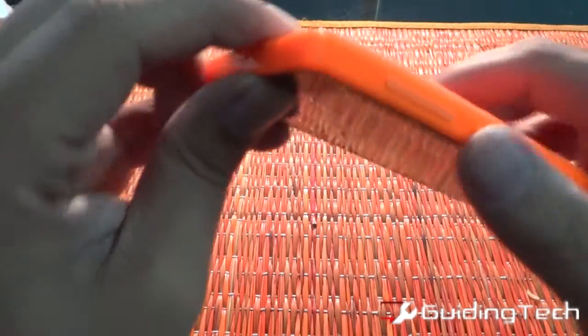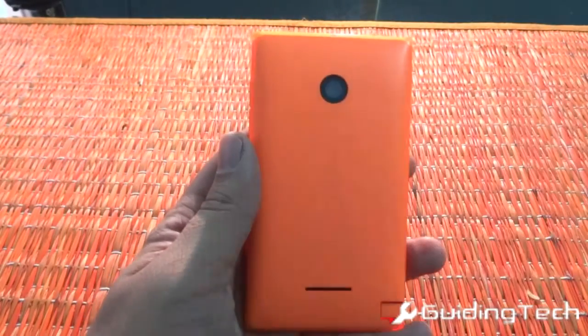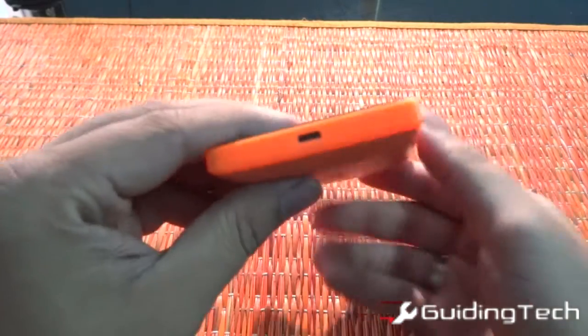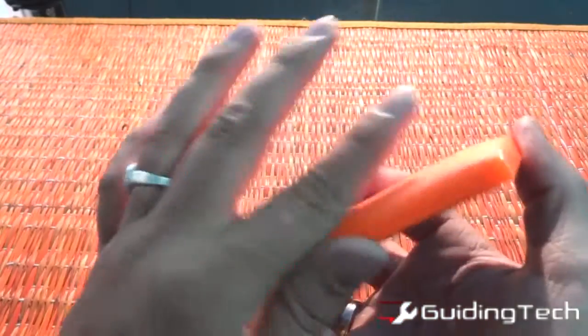The edges are rounded. If you look closely, they are a bit translucent and they are rounded at all the 4 edges, with a 5 megapixel camera at the back and speakers. On the right hand side we have the volume rocker buttons and the power button. Below we have the charging point, and at the top we have the 3.5 mm audio jack. The left hand side has no user control,